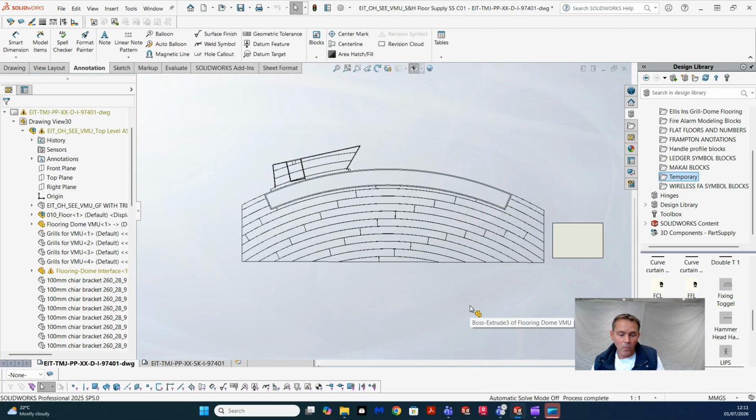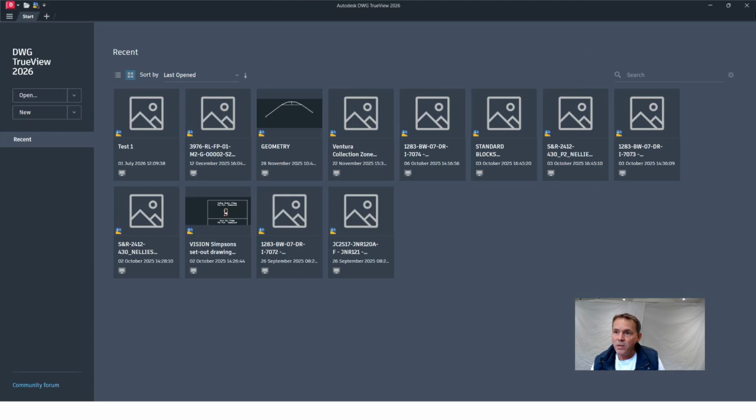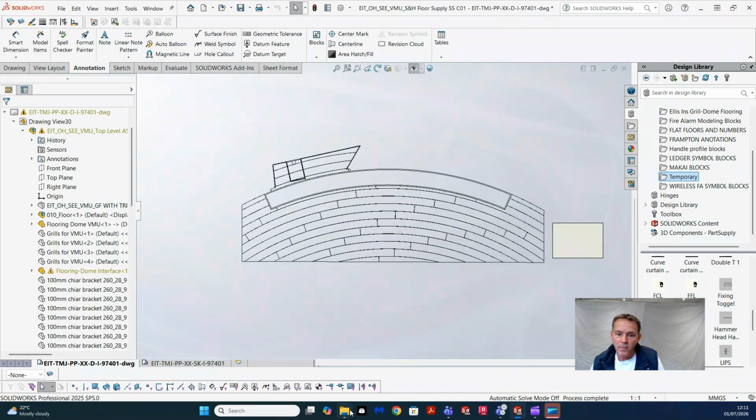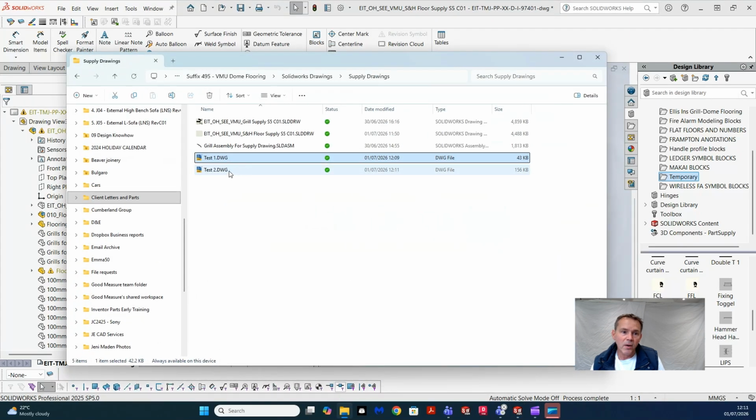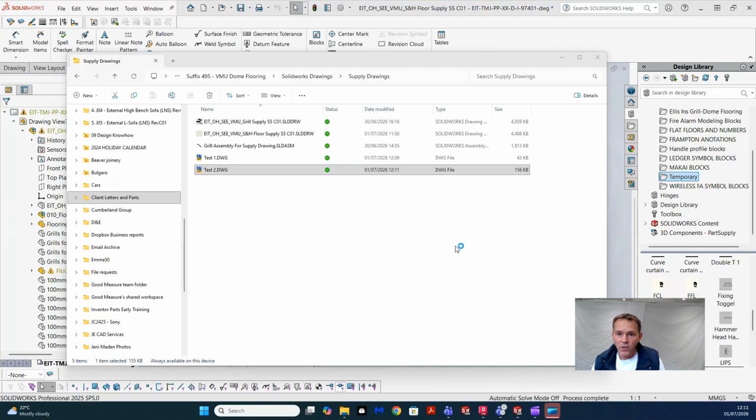And then we'll do one more thing just to prove that it is the first sheet. TrueView is going to open. Let's just close that down for a minute and grab it from here, it might be easier. So here's Test 2, double click on that, prompting the open of TrueView,